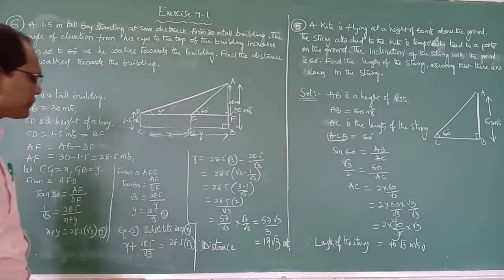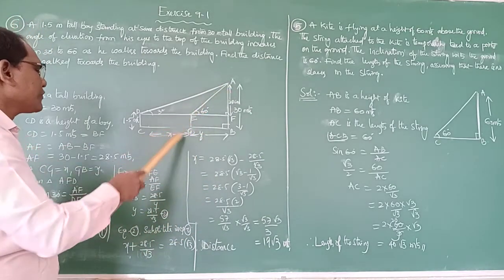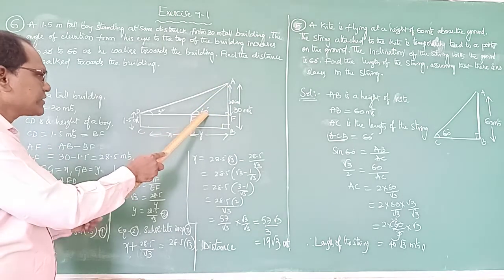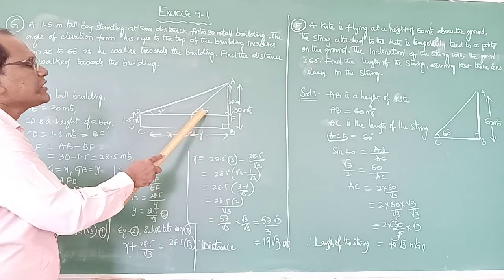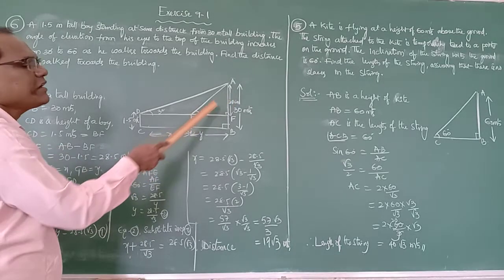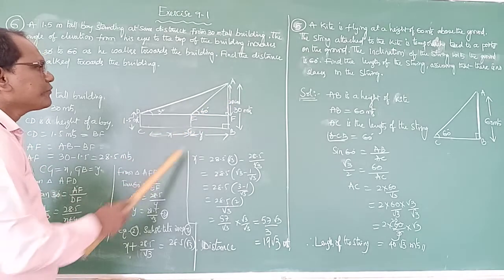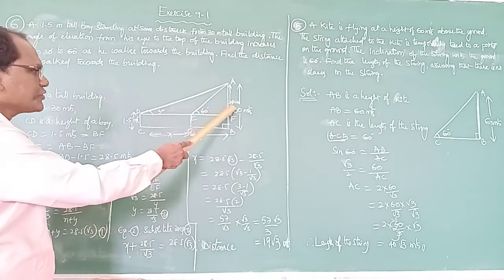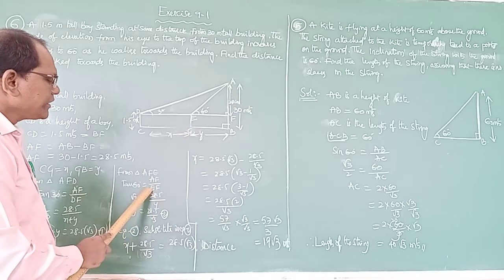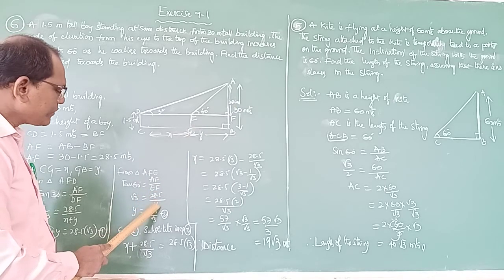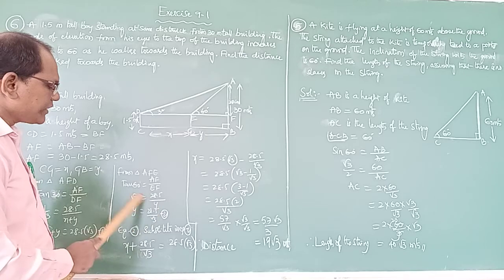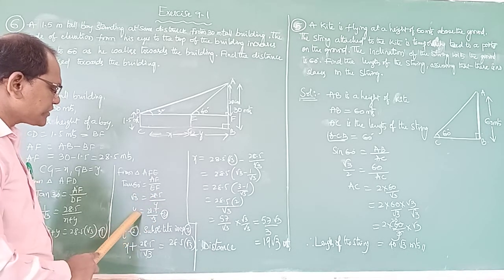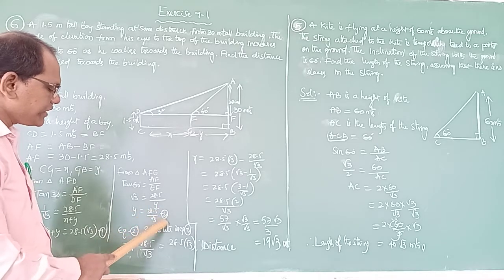That is the first equation. Coming to the second angle, from triangle AFE, this small triangle, the angle equals 60 degrees. Therefore here also we apply tan 60. Tan 60 is opposite side by adjacent side, AF by EF. The tan 60 value is root 3. AF value 28.5 by EF, which equals Y. Therefore by cross multiplication, Y equals 28.5 by root 3. This is equation 2.